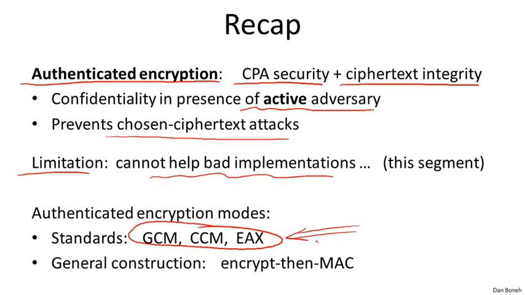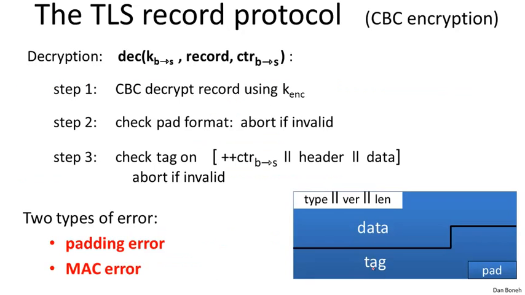However, it's good for you to know that in general, when you want to provide authenticated encryption, the correct way to do things is encrypt then MAC, because then no matter which encryption and MAC algorithms you combine, the result will be authenticated encryption, again, assuming the encryption and MAC algorithm are implemented correctly. Okay, so let's look at a very cute attack on the TLS record protocol, in particular when CBC encryption is